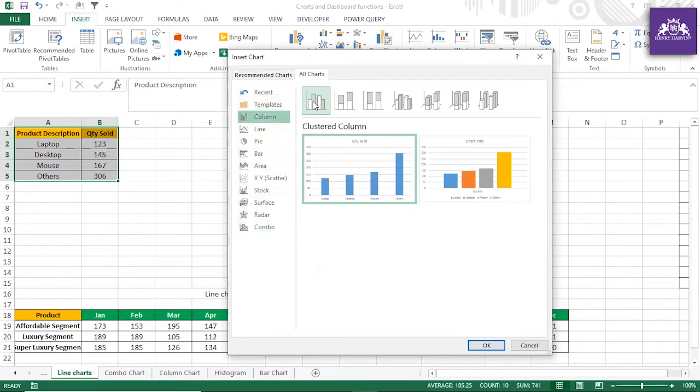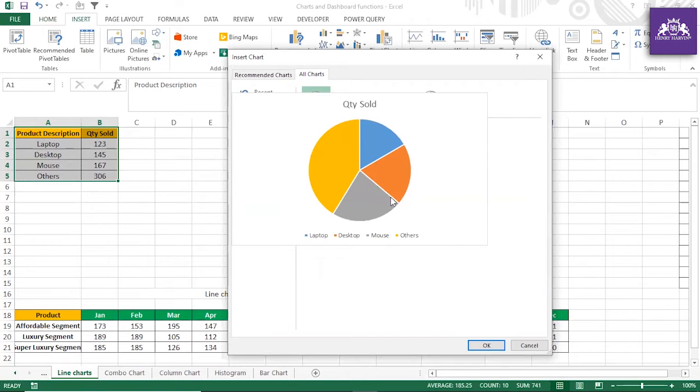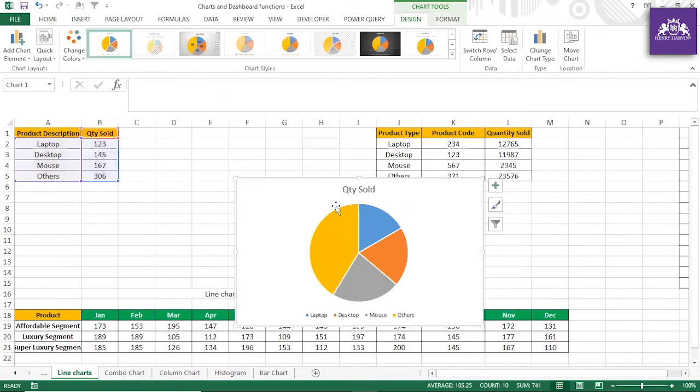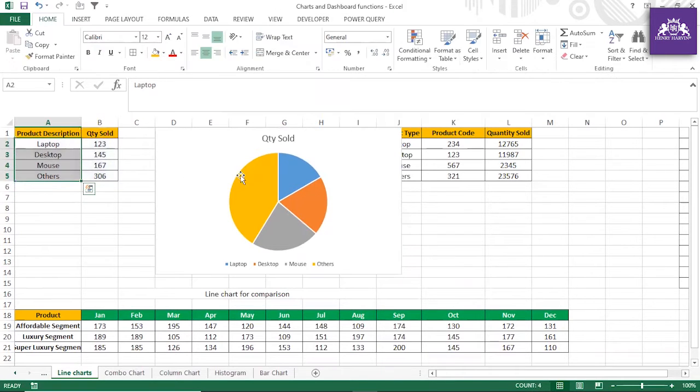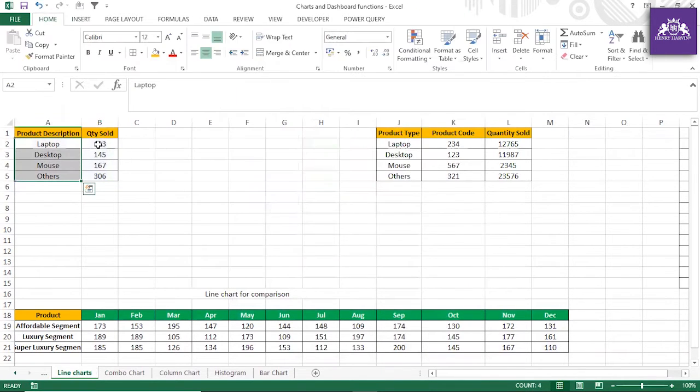There are only four categories, where I feel a pie chart can also work best, because when you have fewer categories, below five or six, you can use a pie chart. But here we are not going to make a pie chart.